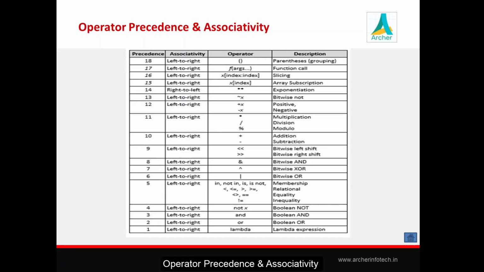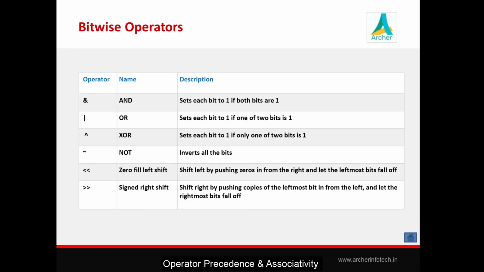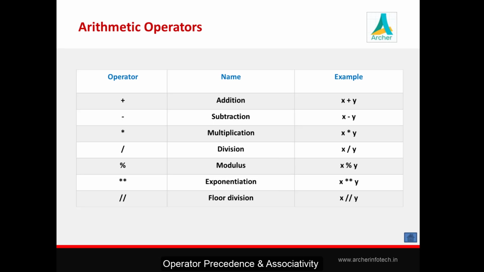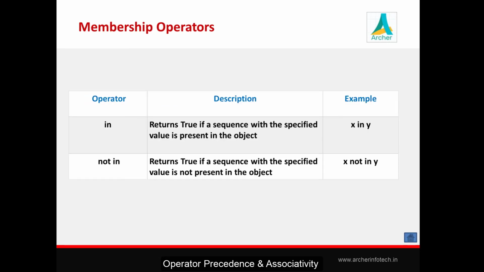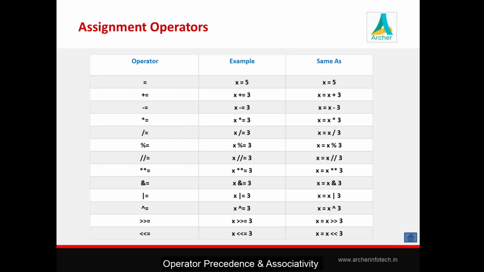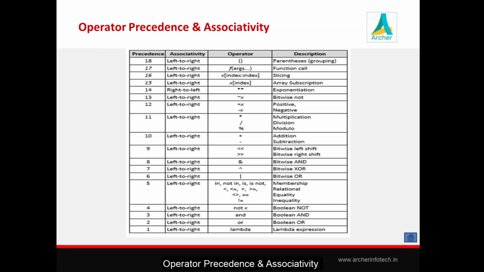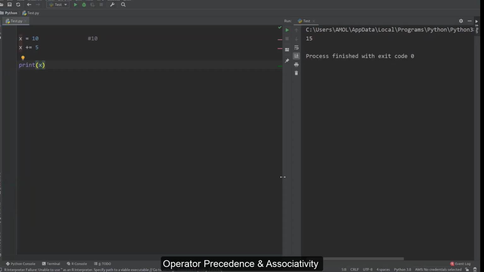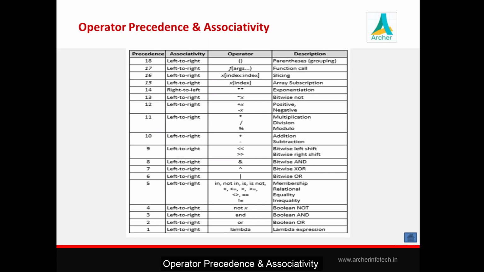Lastly, we'll see what is meant by operator precedence and associativity. So see, now we have seen various kinds of operators like arithmetic, relational, logical, identity, membership, bitwise, assignment operators. Now if you create some expression by using various operators of this collection, suppose I'm saying something like this: x is equal to 5 plus 3 divided by 2 into 5, and something like that. So the question is which operation will get executed first, whether 5 plus 3 will get executed first, or 3 divided by 2, or 2 into 5. So that will be decided according to this precedence table.